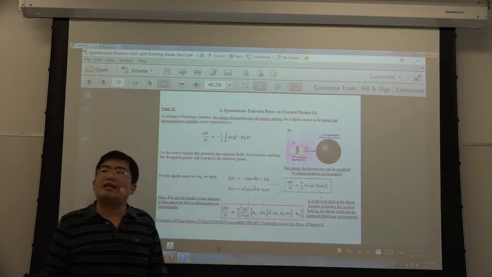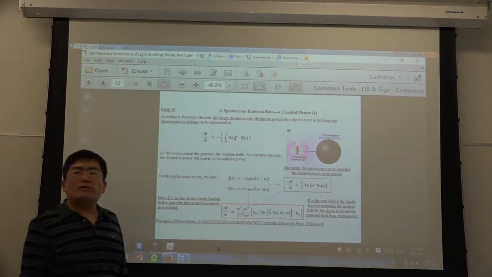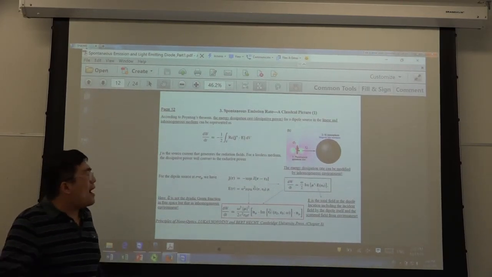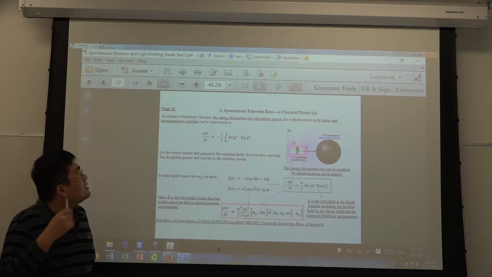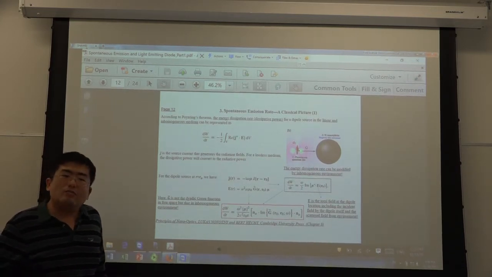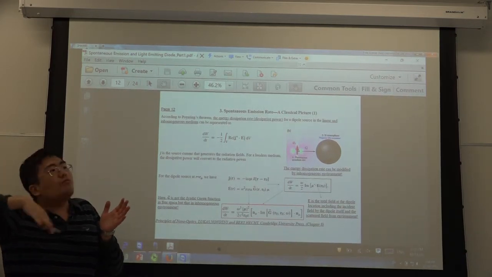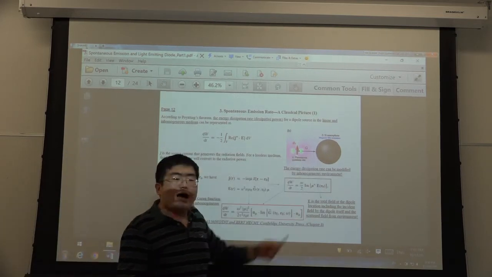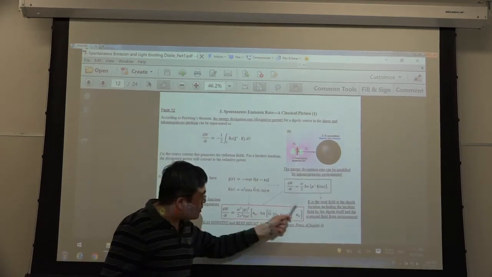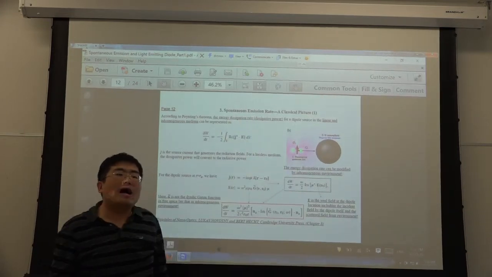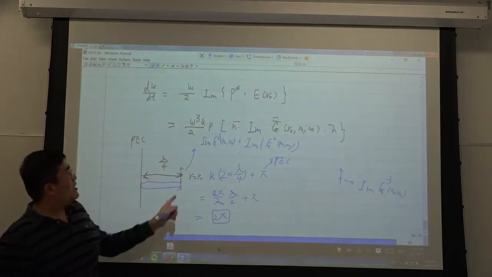Also, they have an imaginary part, because they have i omega here. So this is the imaginary part of the Green function. It has a physical meaning. The imaginary part of the dielectric Green function in the inhomogeneous space determines the dissipative power or radiative power. This is very important. If you change the electromagnetic environment, you can put some scatterer to enhance the E field at this dipole position, enhance the imaginary part of the Green function, and then you can enhance the radiative power. Just similar to this Yagi-Uda antenna.